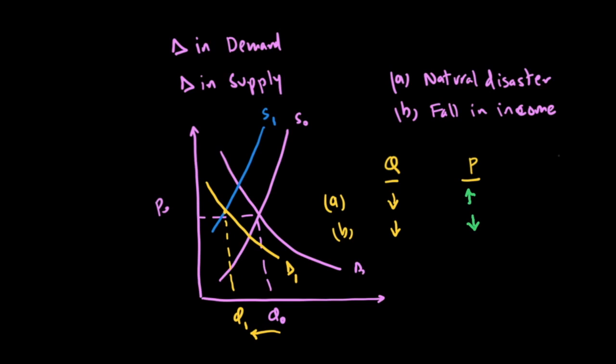So we have a problem here. We know the quantity for sure goes down because both factors are making the quantity go down. But the price, we don't know whether ultimately it will go down or not. In my diagram, for example, the price is marginally going up because of the way I've made the diagrams. But whenever you have a case like this where the price is going down for one factor and going up for the other factor, we'll say that the price will ultimately be uncertain